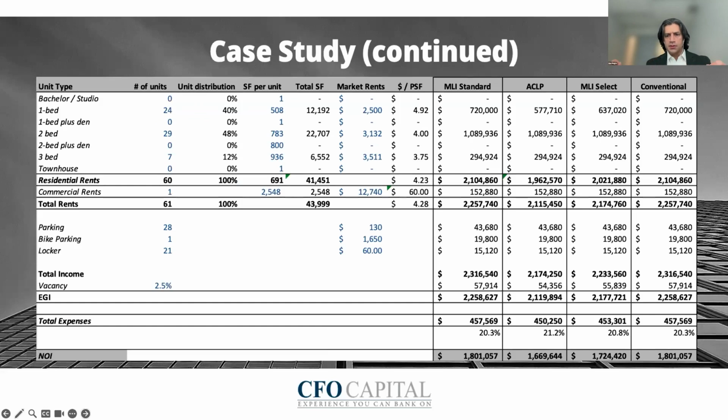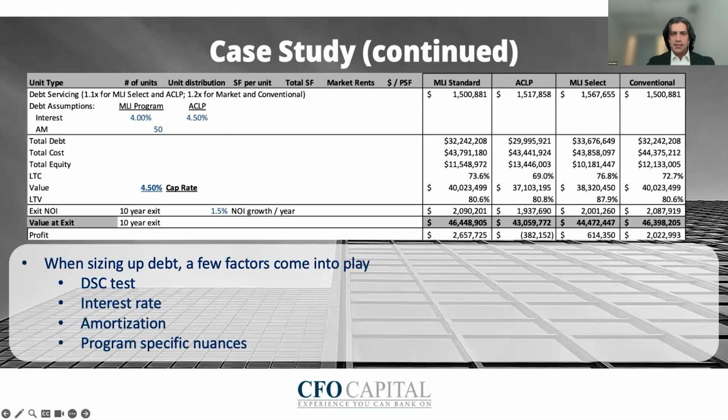Assuming a common set of expenses, more or less, the similar difference that you saw in the EGI carries through to the NOI. This NOI, as you know, and we can go to the next slide, please, Sarah, will make itself apparent. This difference in the NOI will make itself appear in the debt that you're sizing up.